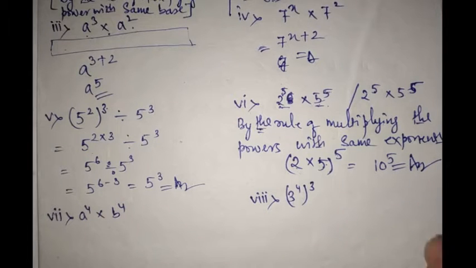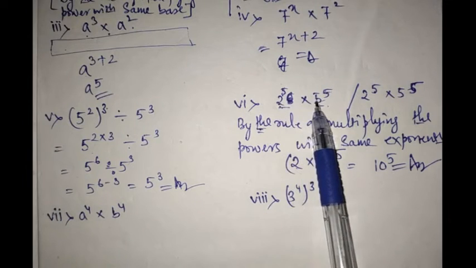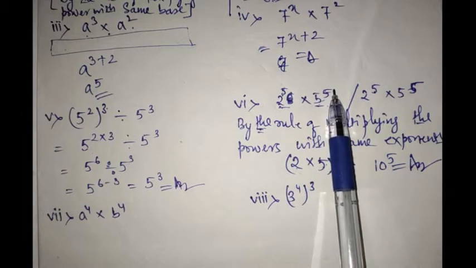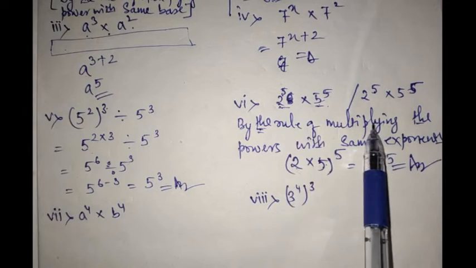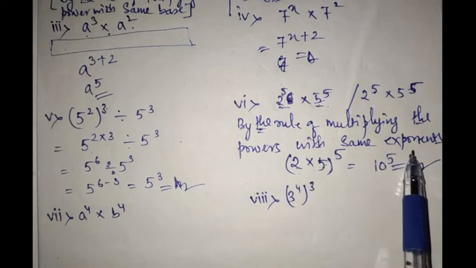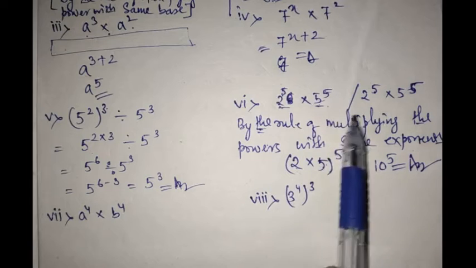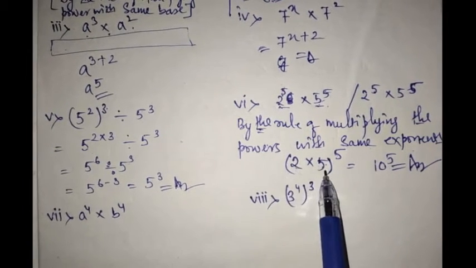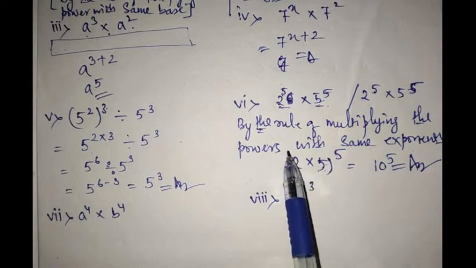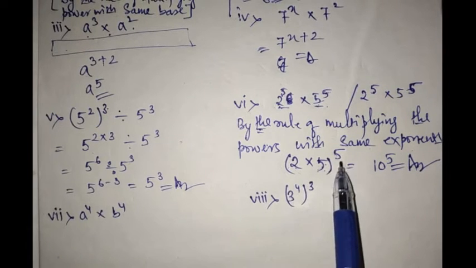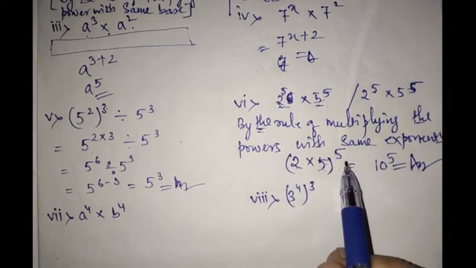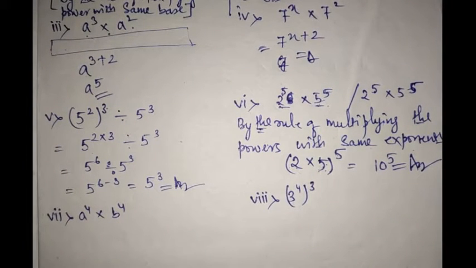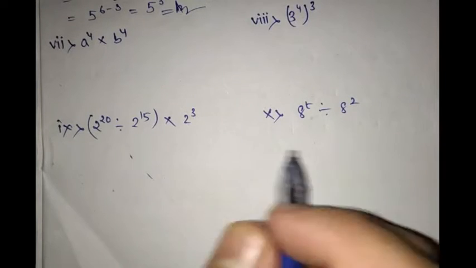Again, I am repeating this part if you have not understood. Here the base is different, the exponent is the same, so those three rules are not applied. So the rule of multiplying the powers with the same exponent applies, here the exponent is similar, no? So two bases are going to get multiplied. First of all, you will multiply this base, and outside the bracket you will put one bracket, then you will write one exponent outside on its head. So it will become 10 to the power 5. Okay. Alright. So proceeding to part 7.